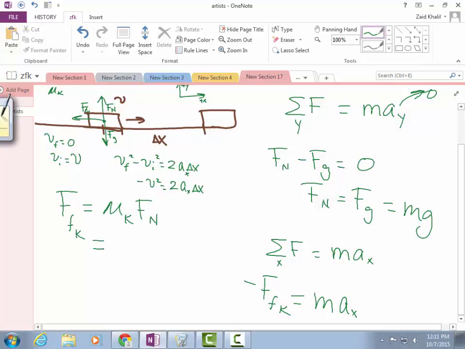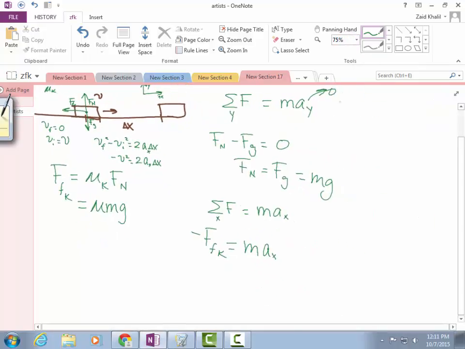That's right. So this equals mu k mg. And so you have negative mu k mg equals max. Therefore, ax equals